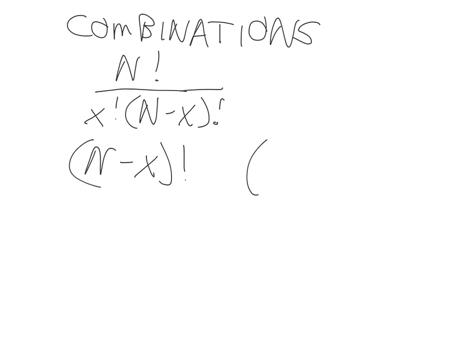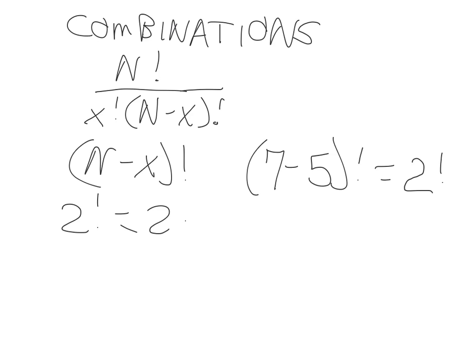So for instance, if I have 7 minus 5 factorial, you want to do the subtraction first. So that's going to be 7 minus 5, which is 2 factorial. And 2 factorial, of course, is simply 2 times 1, or 2. It's not 7 factorial minus 5 factorial. Do not do that, please. Okay, so